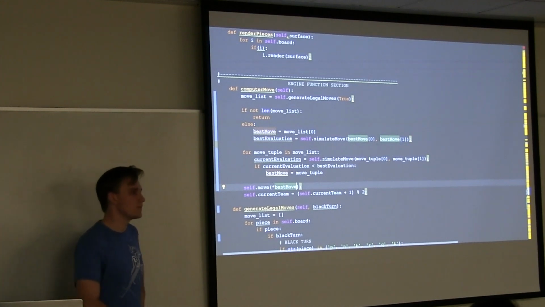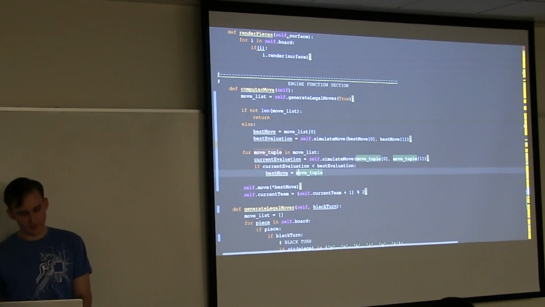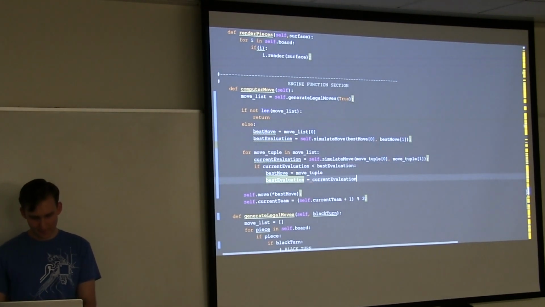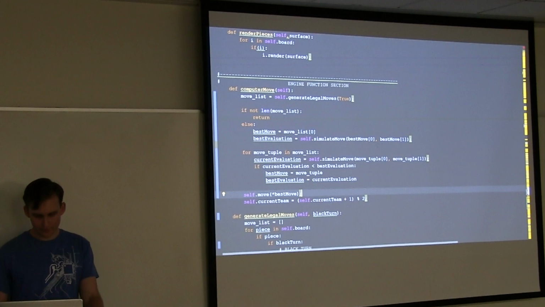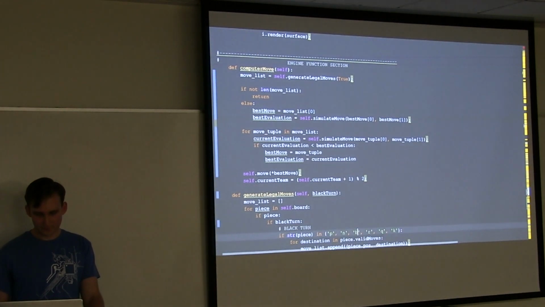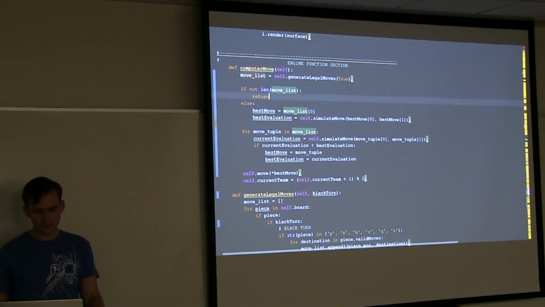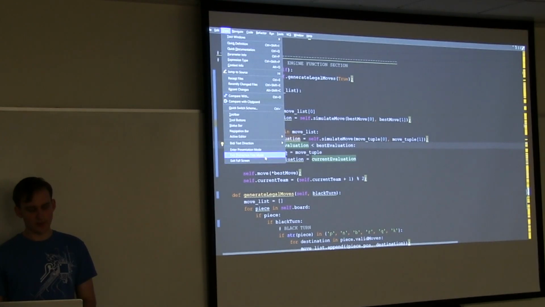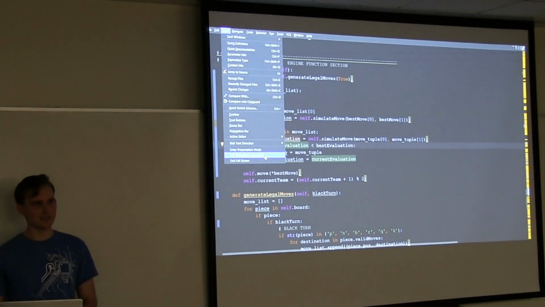When we update best move, then we also have to update best evaluation. Very good catch, this would have done nothing. Thank you. Okay. So this logic makes sense for just maximizing this move. So I think we are probably ready to actually just jump into testing this.